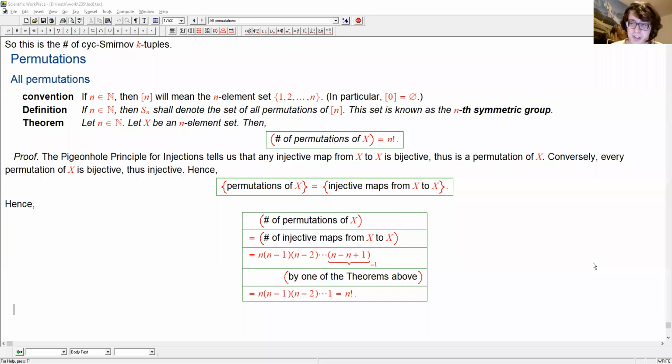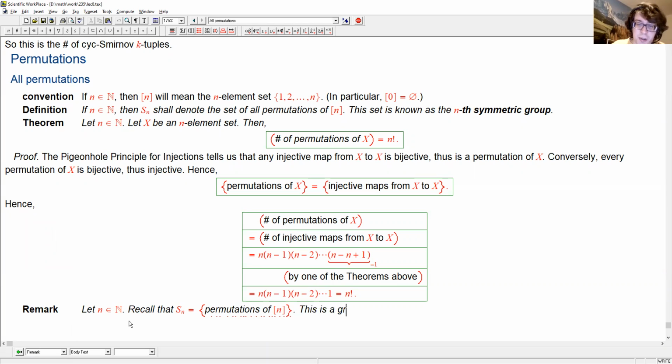We'll soon count something less trivial, but let me interject with a little remark here. Let n be in the natural numbers. Recall that Sn is the set of all permutations of the set n. And we call this a symmetric group, which is not a coincidence. This is a group in the sense of abstract algebra. In particular,